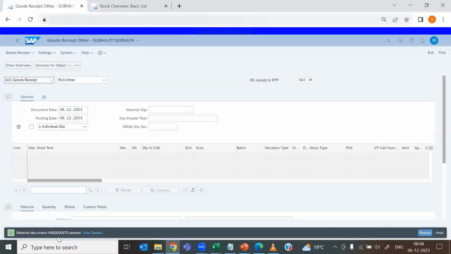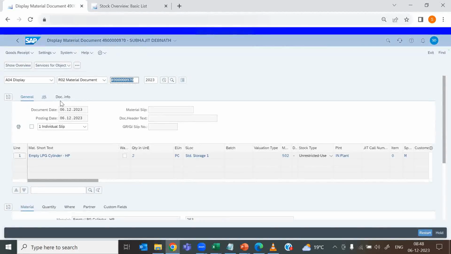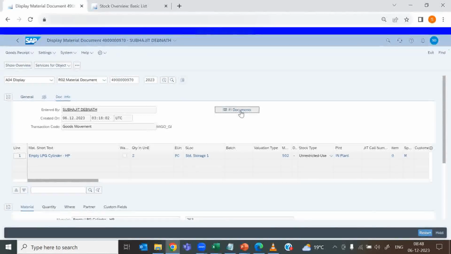Just post. So when the empty cylinder has been returned to the supplier, if we want to check the material document number or the accounting entry, you can see there is no subsequent document found for this accounting. So this is all about the process of the returnable transport packaging, and this will be a very helpful video for your implementation project or your fit to standard analysis or fit to standard workshop in your public cloud implementation